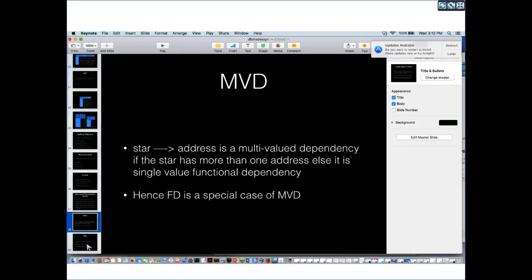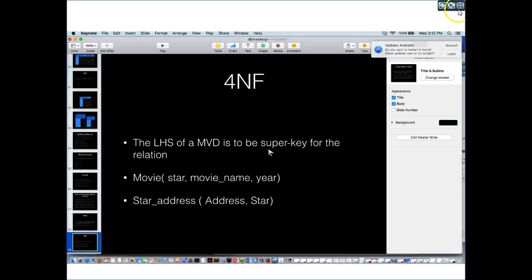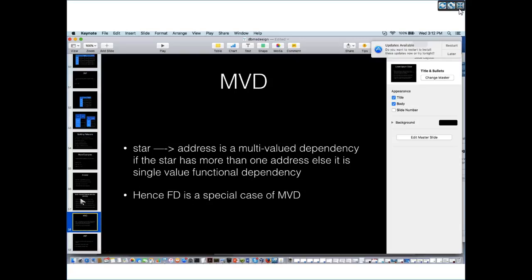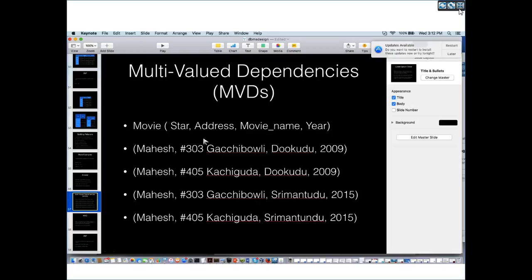For example, star and address in a multi-value dependency. If the star has more than one address, I'll give this, we stay only in one address. Okay? So every functional dependency is a special case of a multi-value dependency. Now, if in your relation there are no multi-value dependencies,